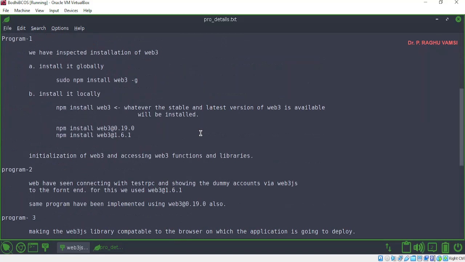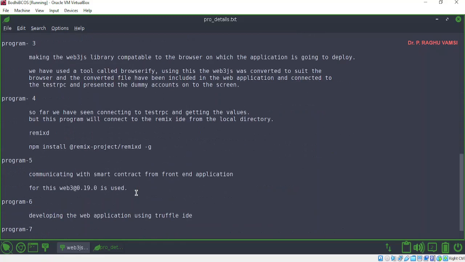Well, in the previous lecture, we stopped at the contract and the Ethereum, that is web application and contract interaction. For that, in program 5, what we have seen is communicating with the smart contract from the front-end application.